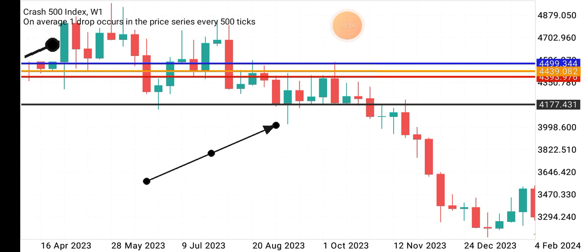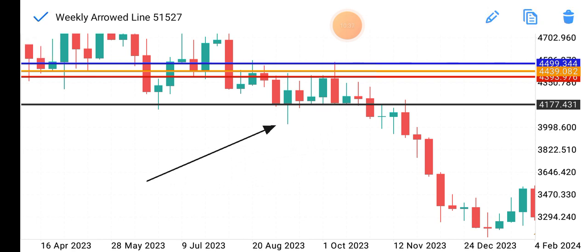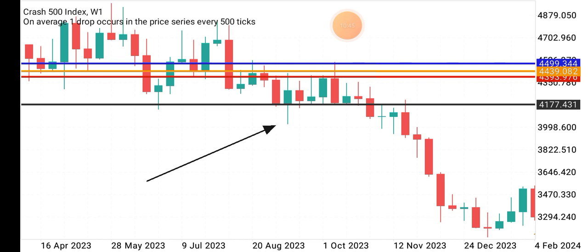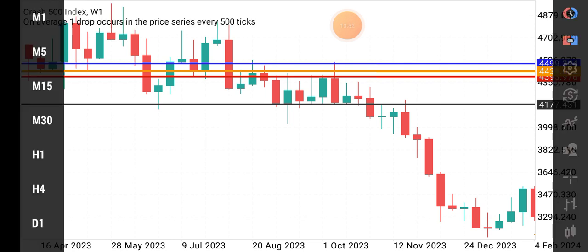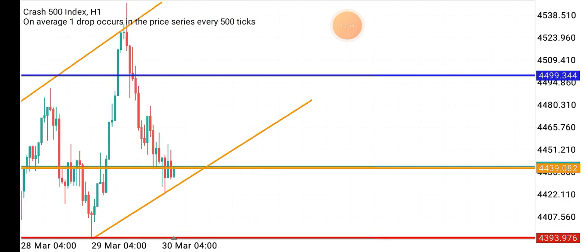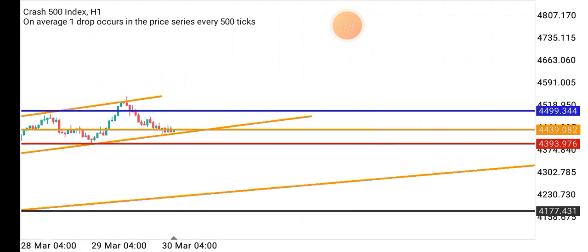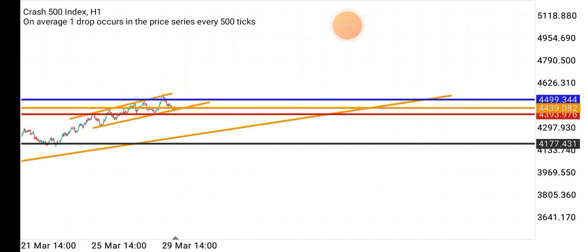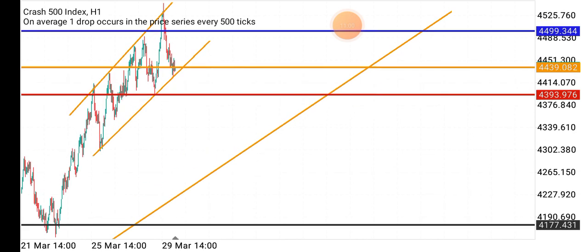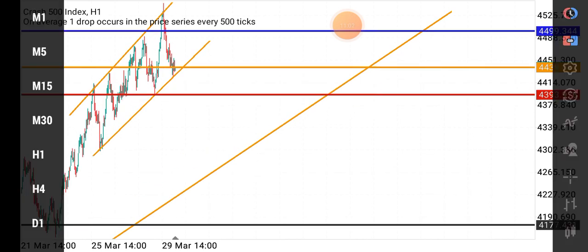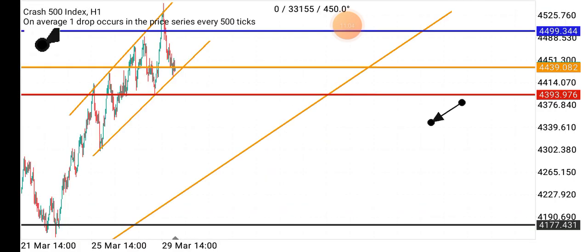So there's a very high chance that the market might want to come down to where we have that black line, before it can buy back to the upside if at all it wants to, or it might possibly break through it and start selling since it's been buying for a while. So that is the same idea you should have, that the market might want to sell, and the black line is very far from here. Look at where it is right here. The black line is very far, so there's a chance that the market might want to sell to the downside,